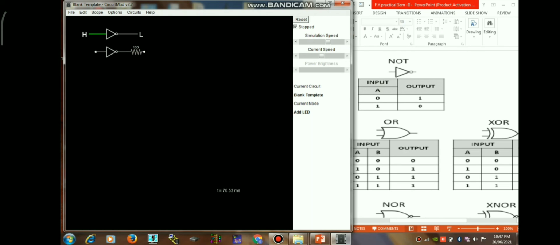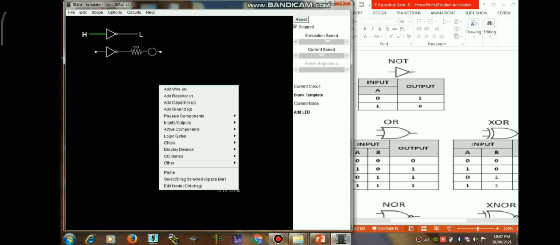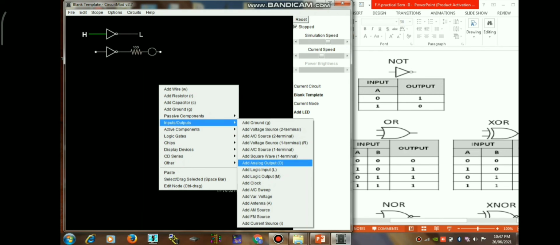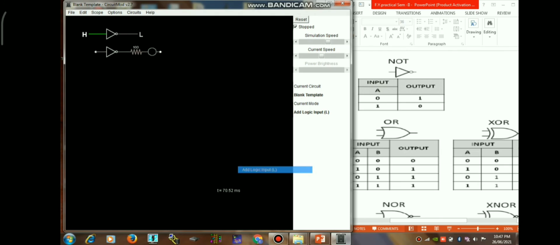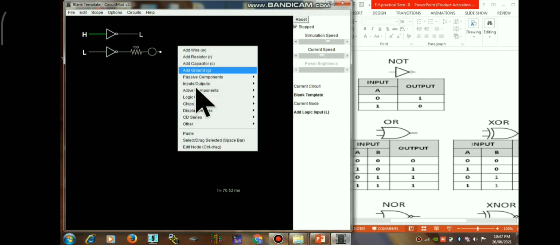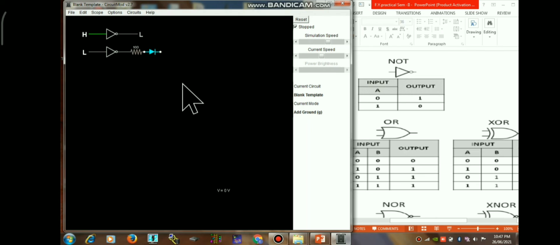Connect it. Logic input for the input side. And here we connect the ground. Both the circuits are the same, only the difference is in the output.